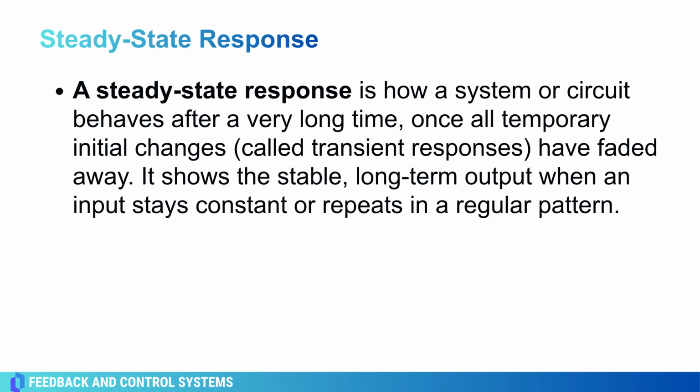As we have seen, this response resembles the input and is usually what remains after the transients have decayed to zero. For example, this response may be an elevator stopped near the fourth floor, or the head of a disk drive finally stopped at the correct track. We are concerned about the accuracy of the steady-state response. An elevator must be level enough with the floor for the passengers to exit, and a read or write head not positioned over the commanded track results in computer errors.